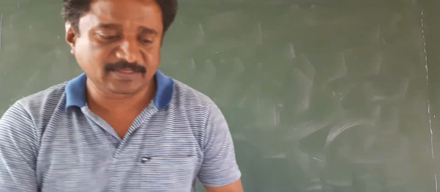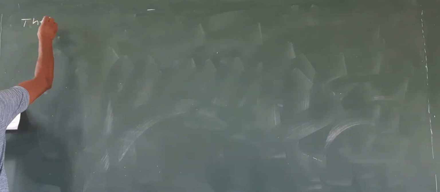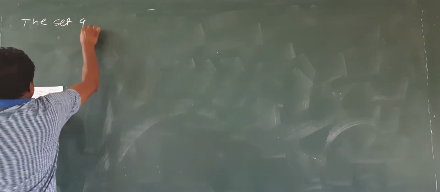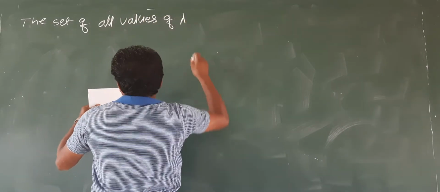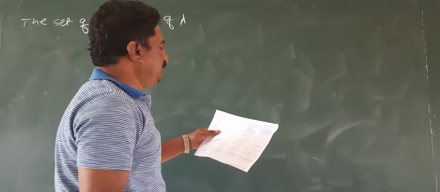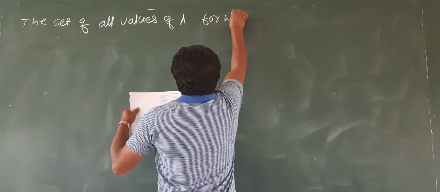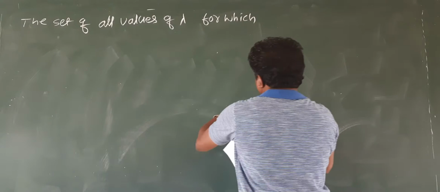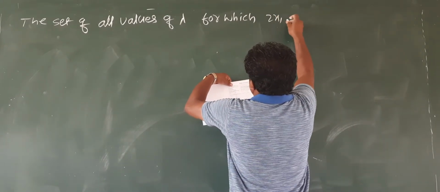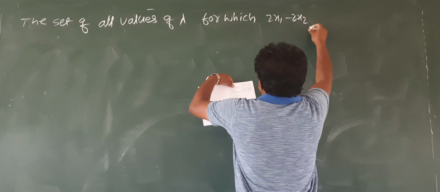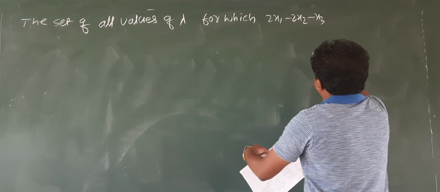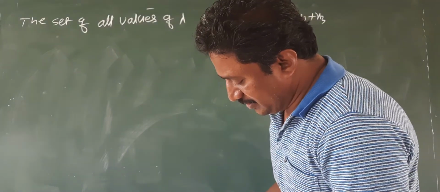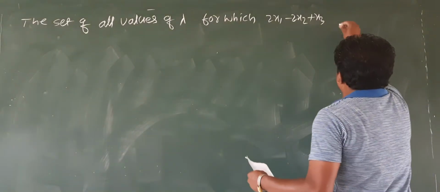So the next question is: if the set of all values of lambda for which 2x1 minus 2x2 plus x3 is equal to lambda x1,